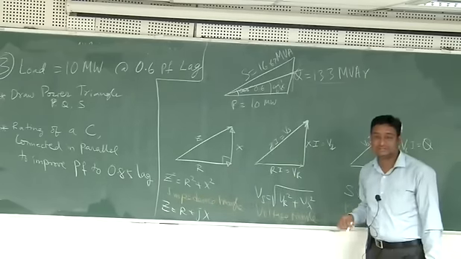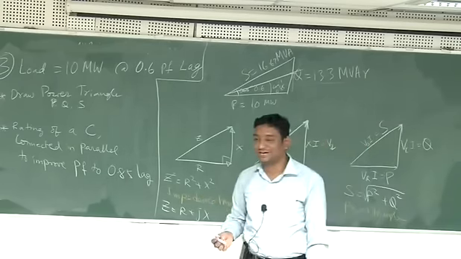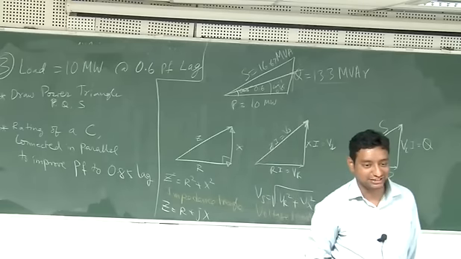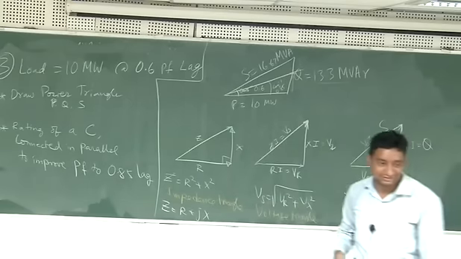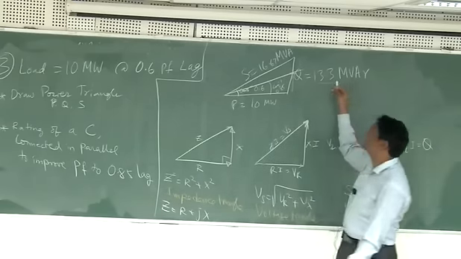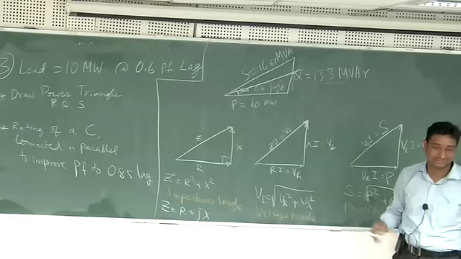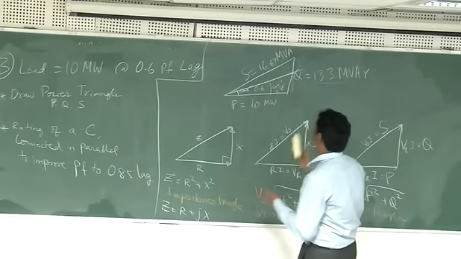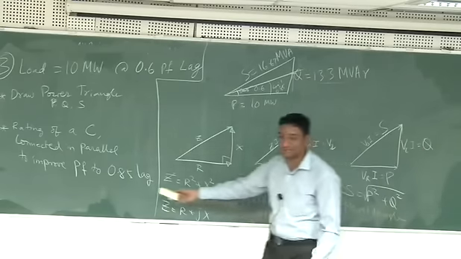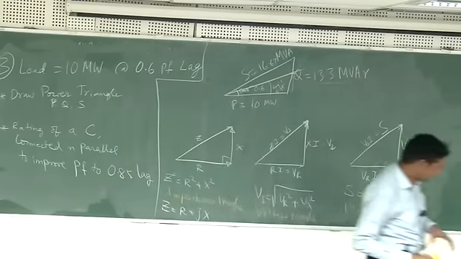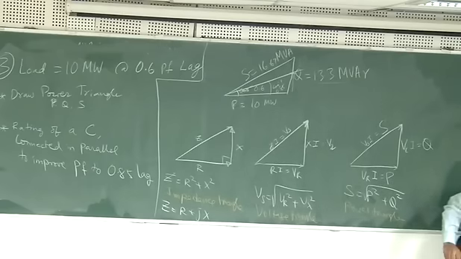Okay. So one straightforward question is, what is the rating of the capacitor for getting power factor equal to 1? Then you can say the same 13.3 MVAR capacitor, if you put, that will cancel the inductor and then the power factor is 1. But here the question is to get the power factor to 0.85. So shall we go to the next one?